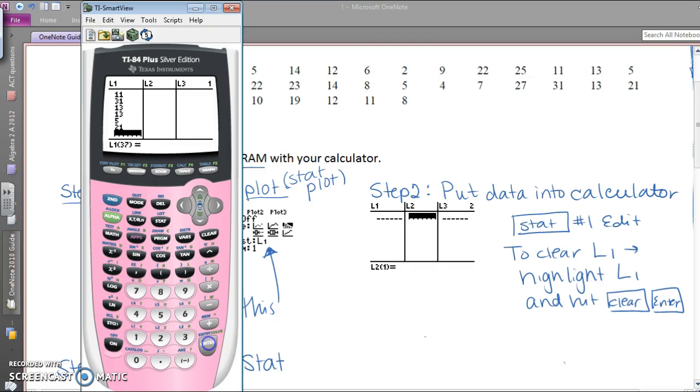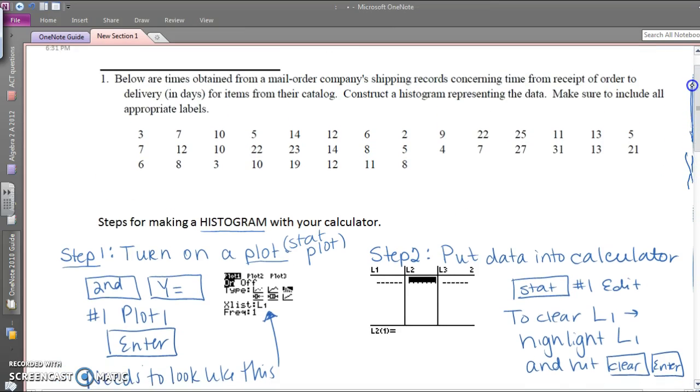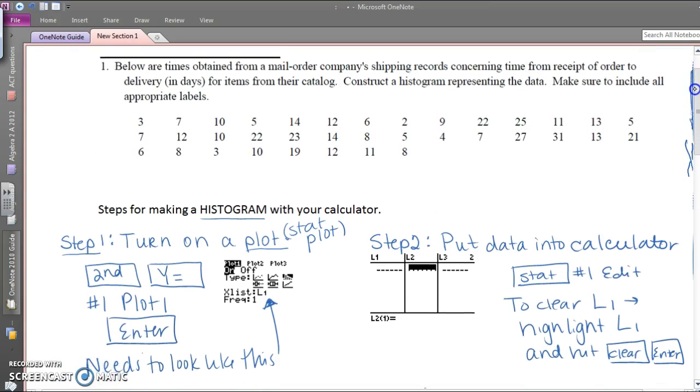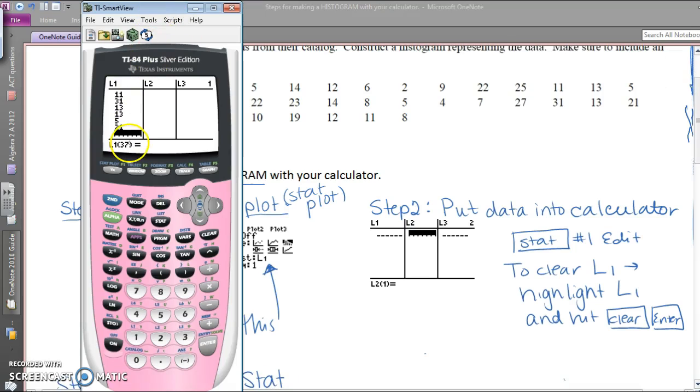If you missed one, you can just go and put it back in at the end. It doesn't make a difference. Let's see, let's make sure we have enough. I'm going to go through the list rather quickly and make sure I have everybody. 21, 5, 13, 13, 31, 11, 27, 25, 7, 22, 4, 9, 8, 5, 2,